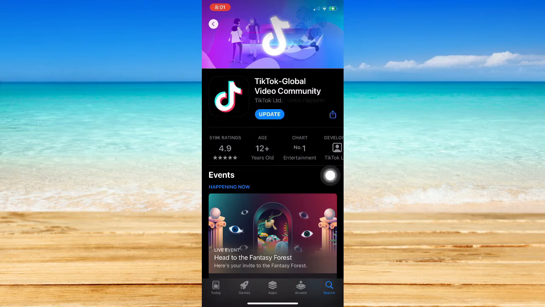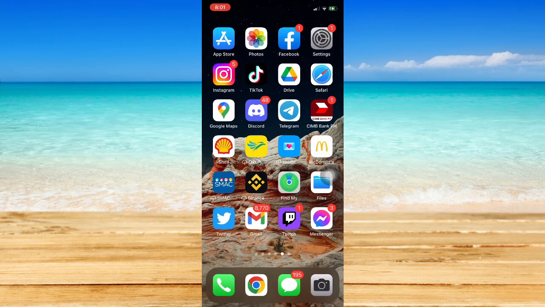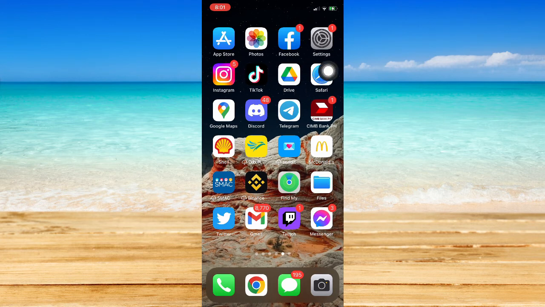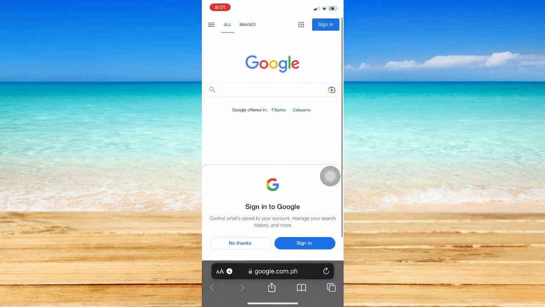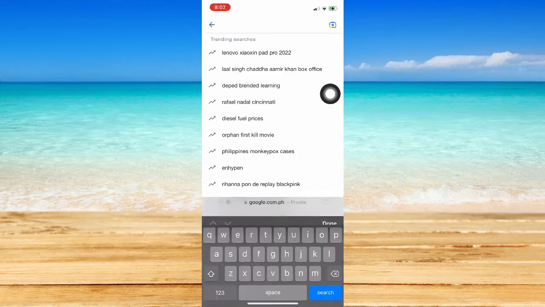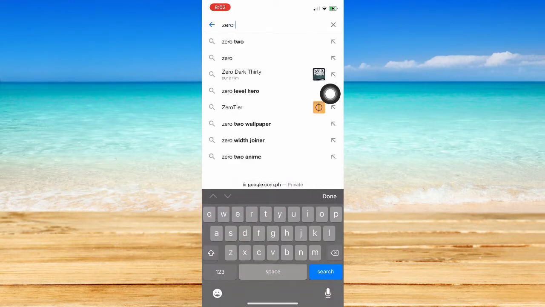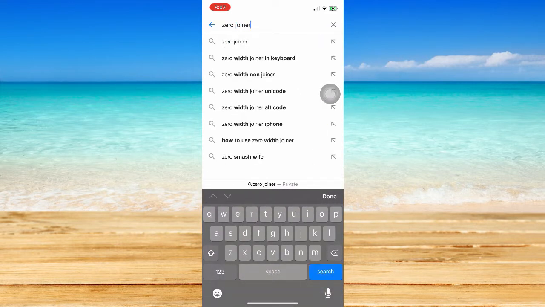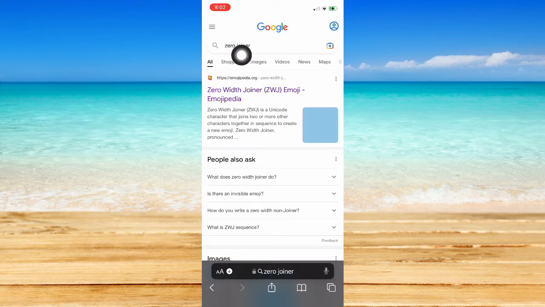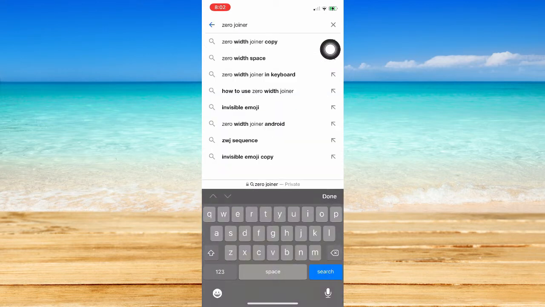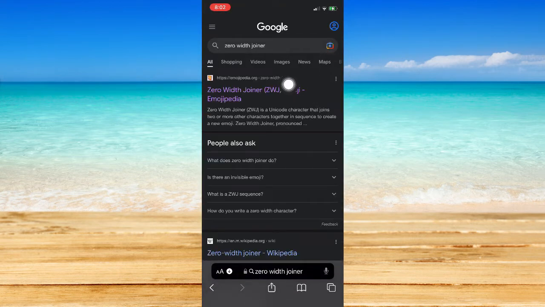Once you have done updating your TikTok app, what you're going to do is to also open a web browser. You may use any web browser such as Safari, Chrome, or any web browser that you want. Go ahead on that web browser, go to Google, and search for Zero Joiner right here. I mean, you may search for Zero with Joiner. Click on the very first link that will appear, which is